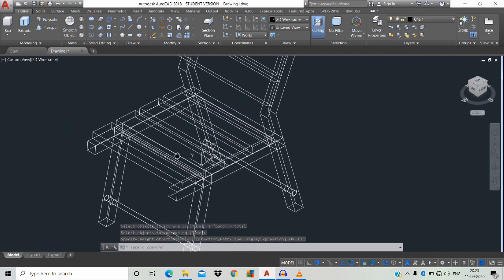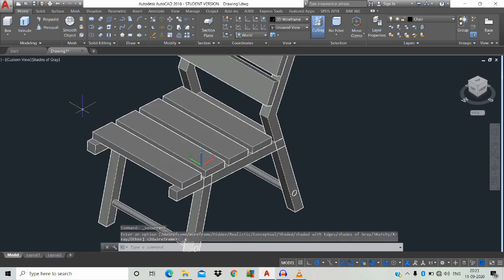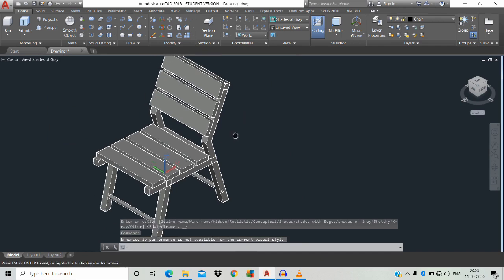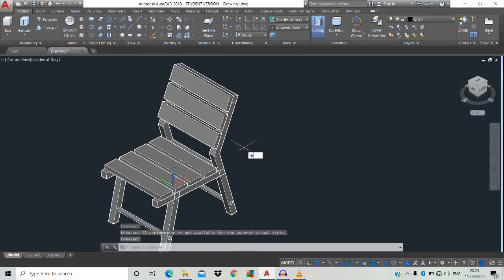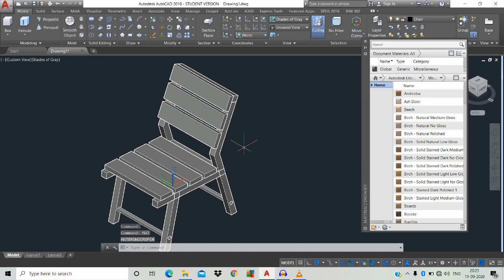Okay, it is in 2D wireframe, just click the 2D wireframe and go to shades of gray. Okay, this is our chair. Then we're gonna add a material, MAT space. After opening, this is our material tab.